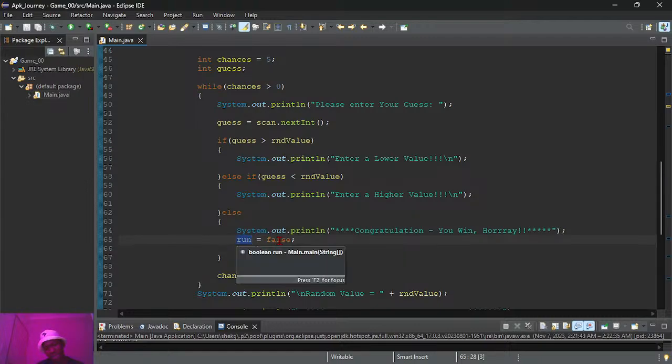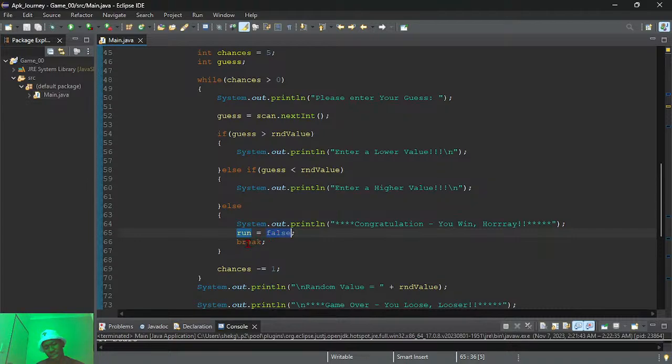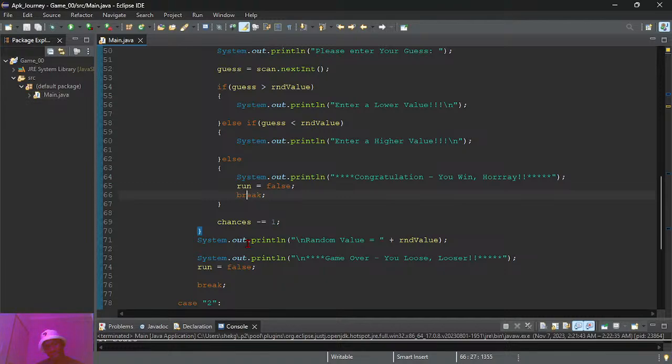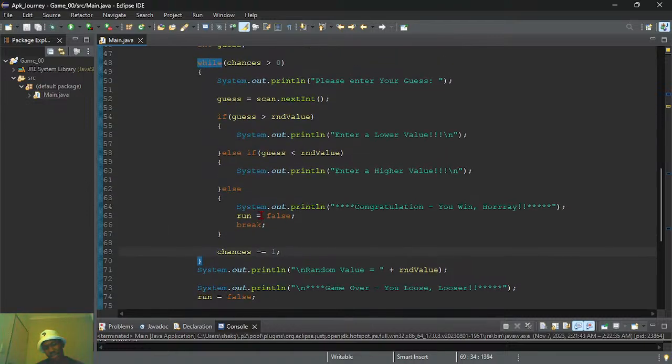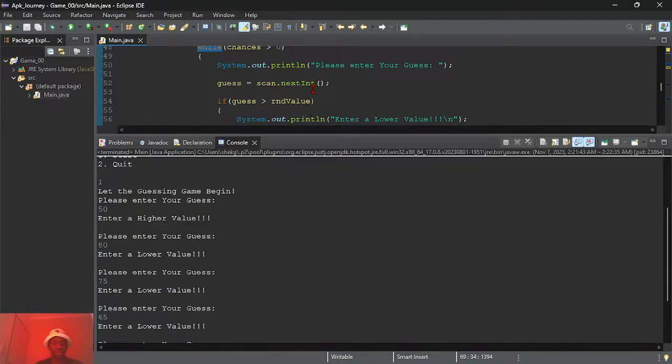And now since this is false, technically it should have stopped. Now the question is, does it break the while loop? I don't know what's happening here. Or this is supposed to be, no, it's not supposed to be inside the while loop because it wouldn't make sense now. Anyway, fact of the matter, the thing is working.